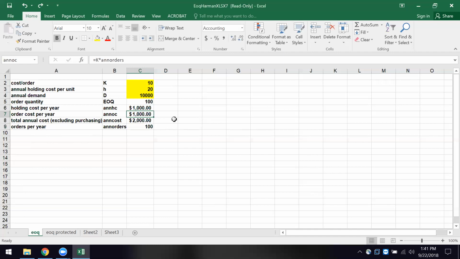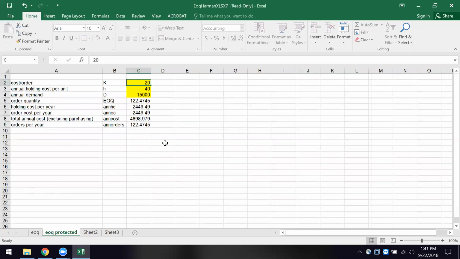All right, and let's look at this. The order cost is K, cost per order, times 10 times the annual orders. So you can see I can come in here and do some projecting, play with it a little bit, and that's part of what this protected area is here. So let's say that we decide, all right. Now, right now we're spending, and this is why they gave us this protected area,